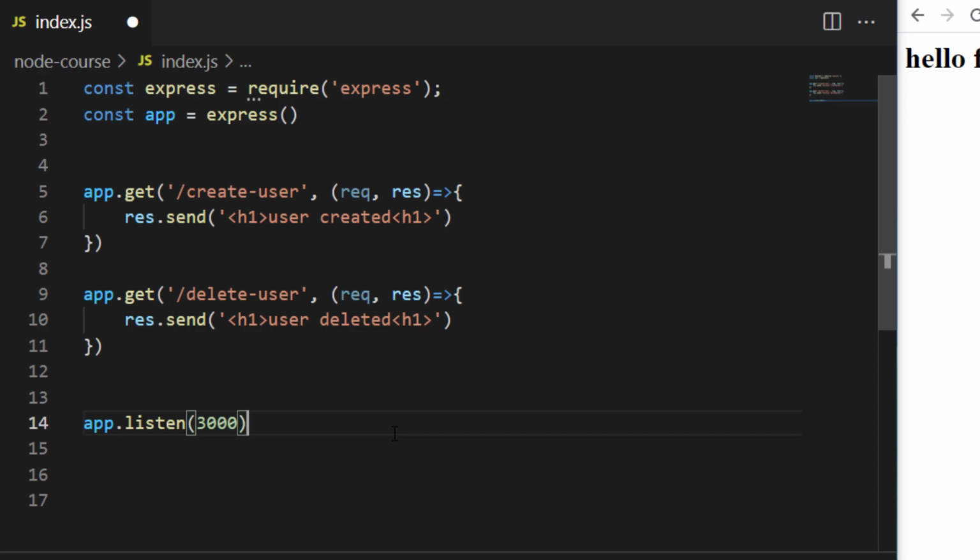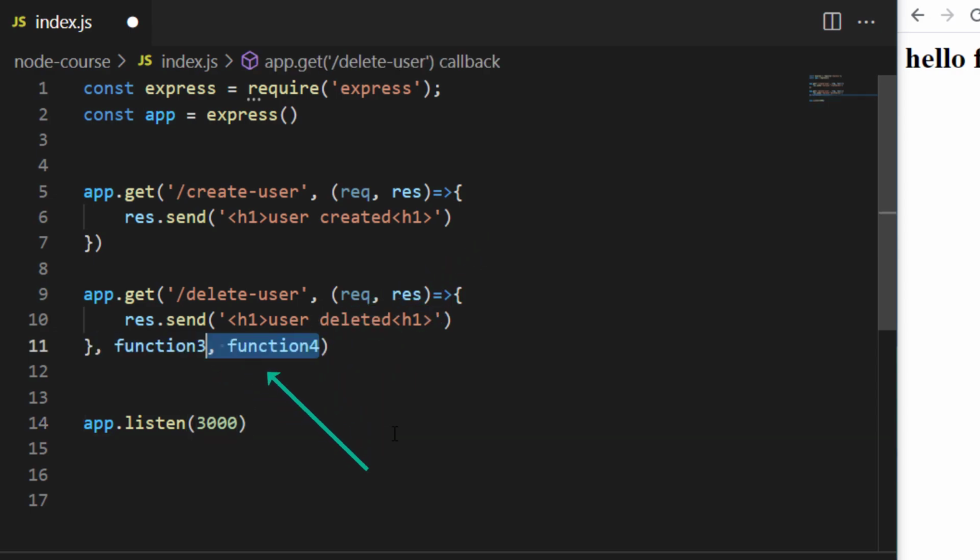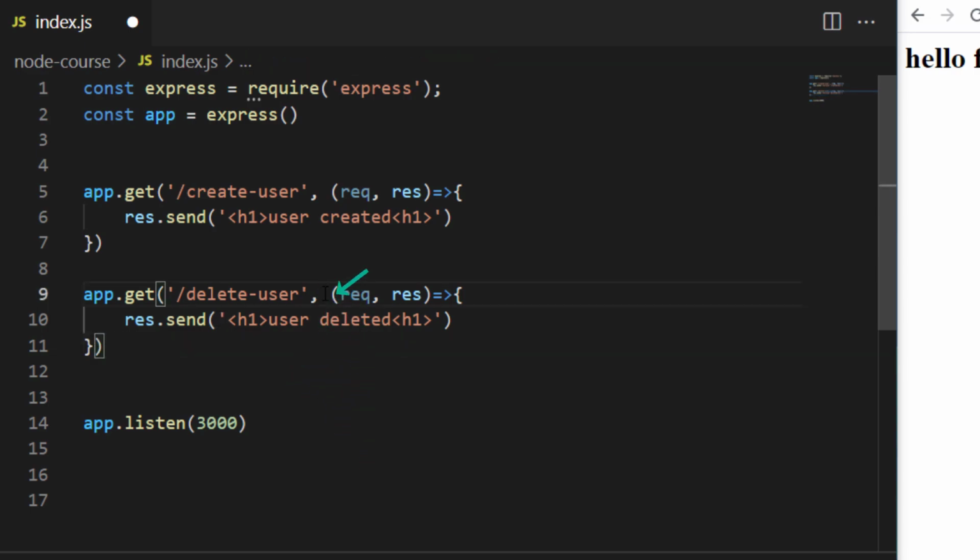And in order to create middleware for a specific route, you need to understand how these routes run functions. So if you have app.get, app.post, app.whatever it is, it's going to take the first argument, which is the route. And then the second argument would be a function to send out the response. But I could go ahead and add a third function and a fourth function, but the problem is you won't need to have other functions after you sent out the response because it would be pointless. So instead I'm going to provide a function before the response function.